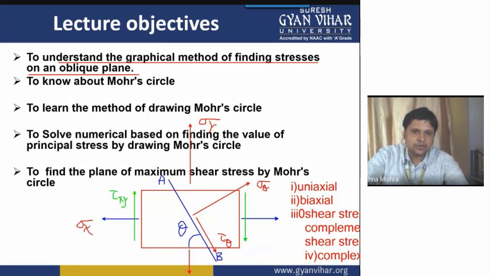Opposite means if the nature of the applied shear stress is clockwise, as you can see in the green arrow I have shown, then the direction opposite to it is in this direction. Through the yellow line I have represented this stress, which is opposite to the direction of the applied shear stress. This is known as your complementary shear stress.